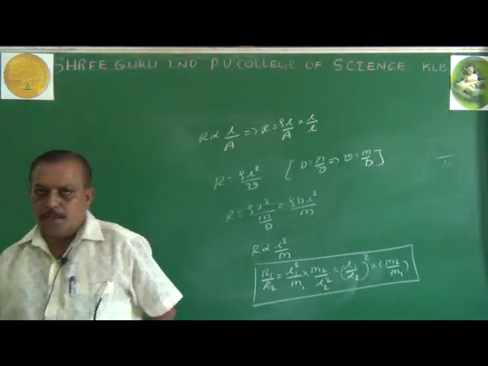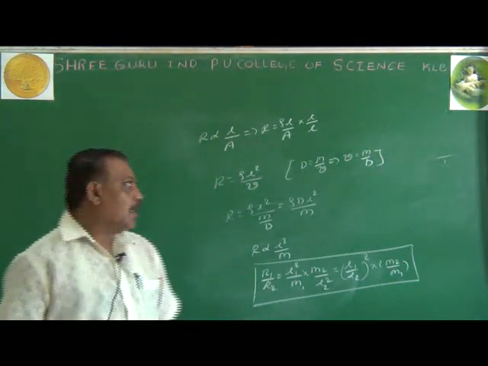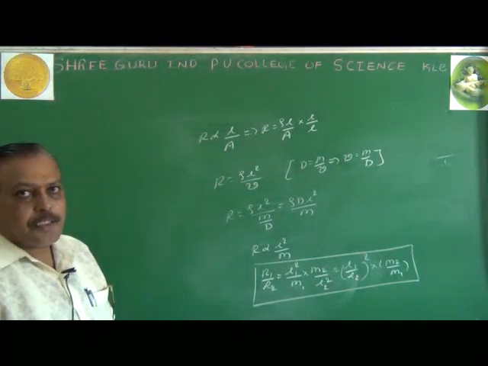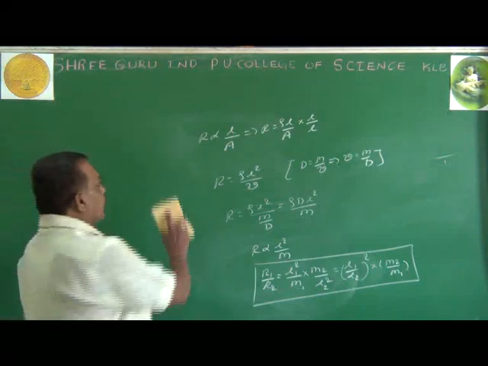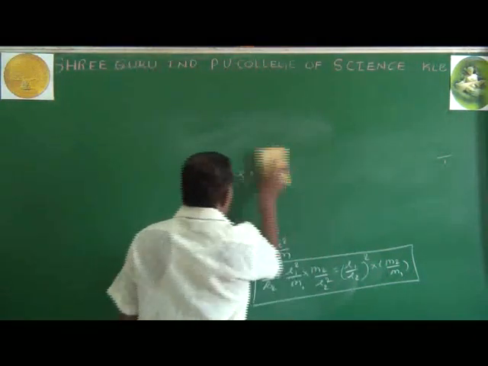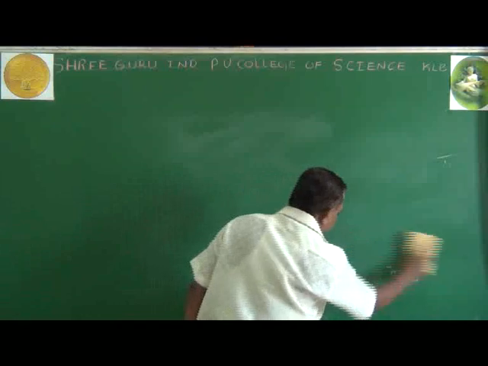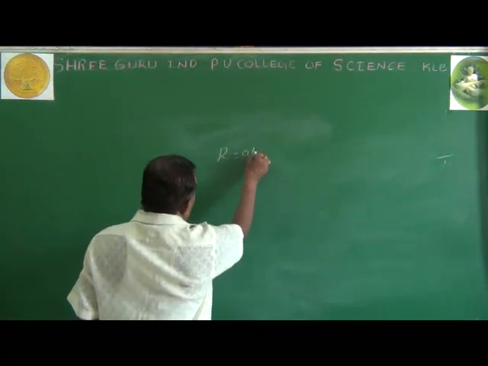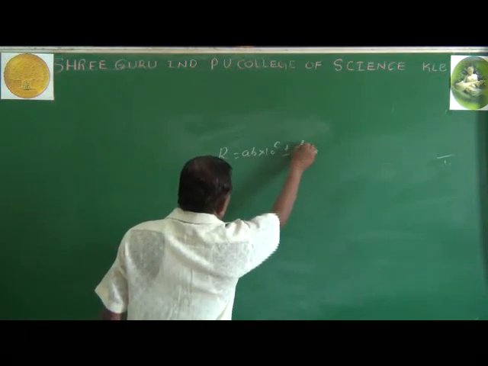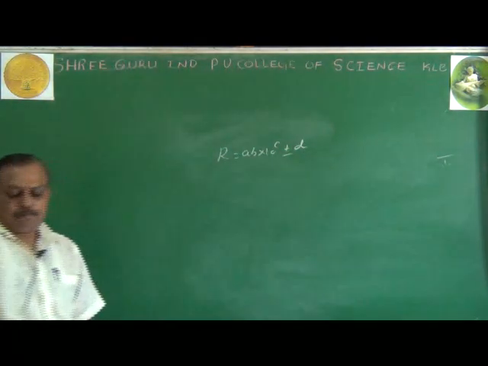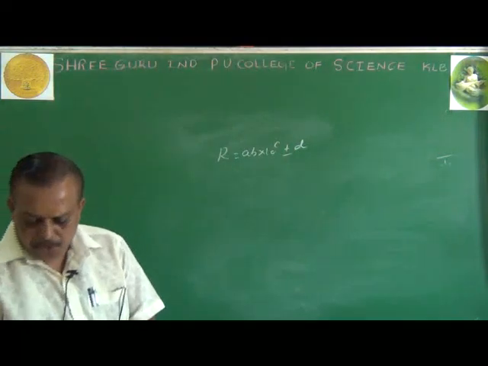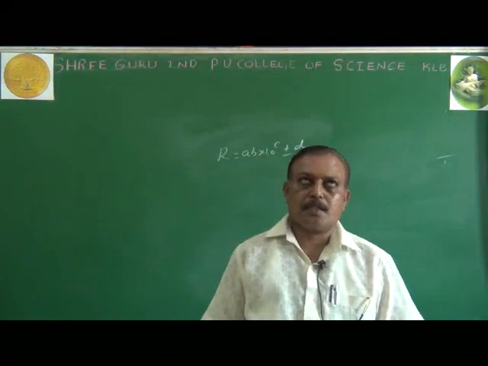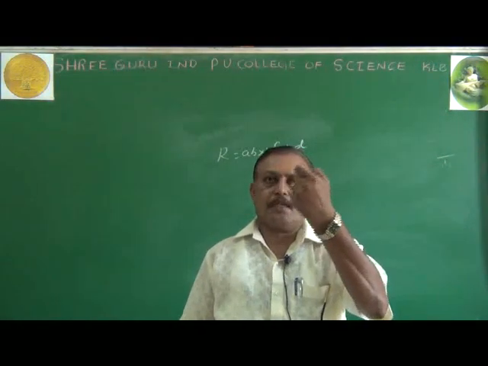For the color coding of the resistors, we have the formula R equals. Is it clear? Shall I go for the next step? Yes. In color coding of the resistors, I have the formula R equals AB into 10 to the power of C plus or minus T. Every time there is a one-mark question for the color sequence to determine the value of the resistance, all the color sequences are in front of you.